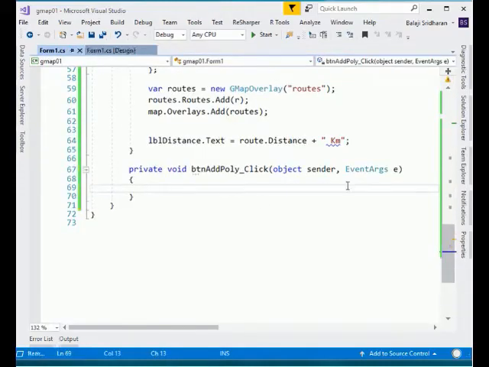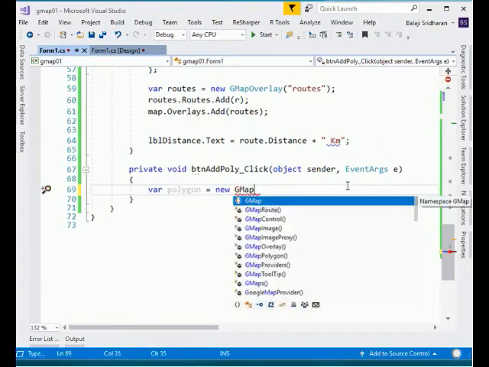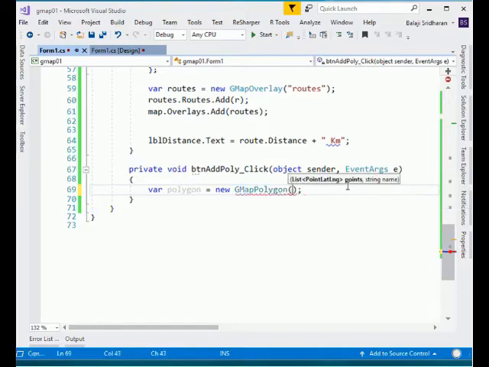Now I want to create a reference for a GMapPolygon. So var polygon is equal to new GMapPolygon. Here the first argument is our points and then the second argument is the name of this polygon.